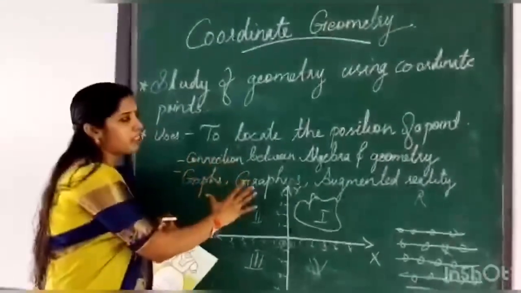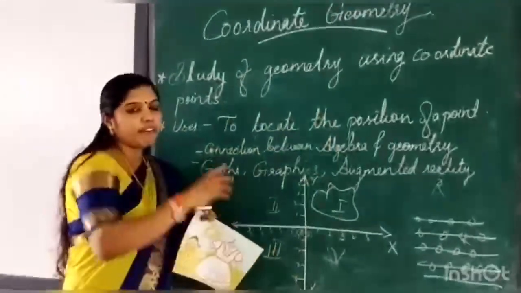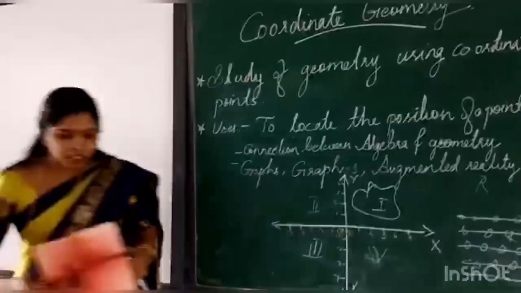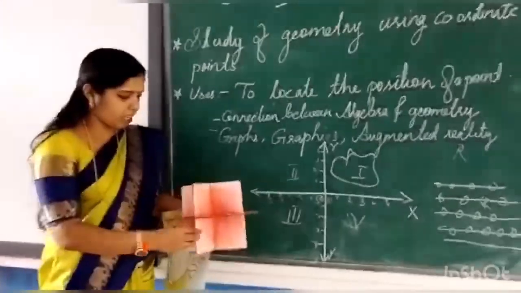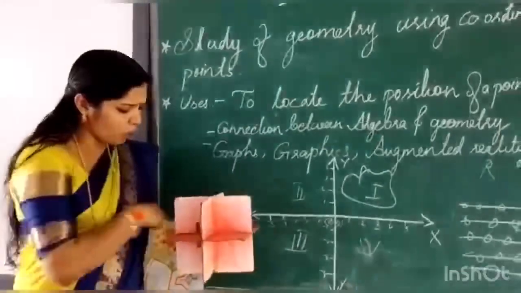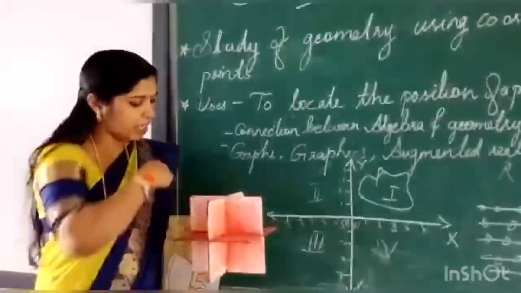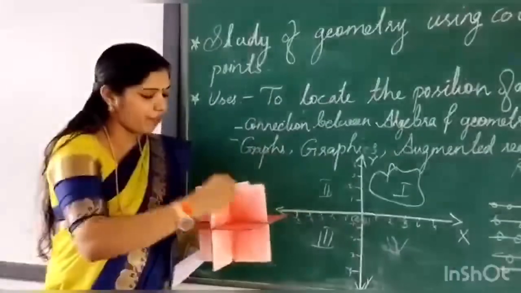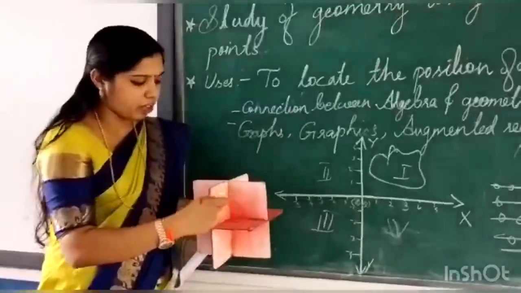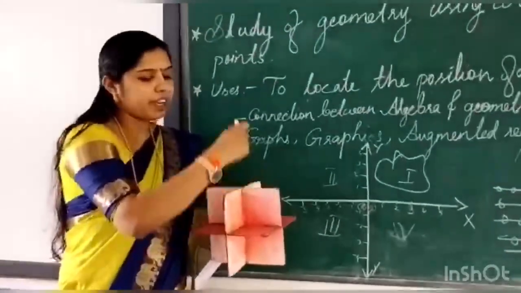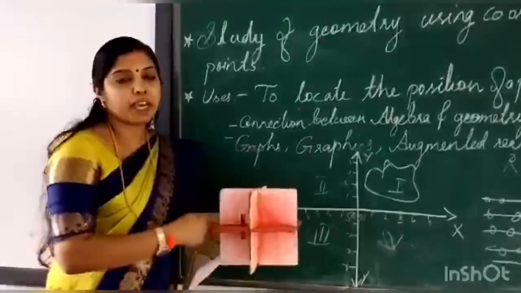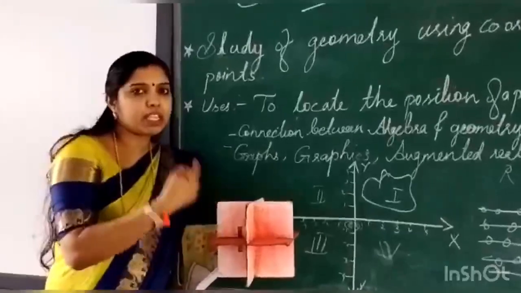Here in 2 dimensions, only planes are there. When it comes to 3 dimensions, it makes a space. I will show you an example for that. This can be taken as this. So many planes are here. This is one plane and another plane and the third plane here. So if we place anything here, you can count the length, breadth and height. So this makes the 3-dimensional space, or x-axis, y-axis and z-axis.